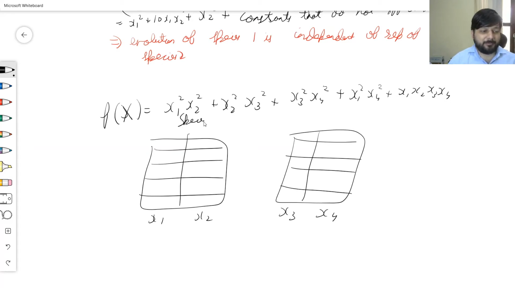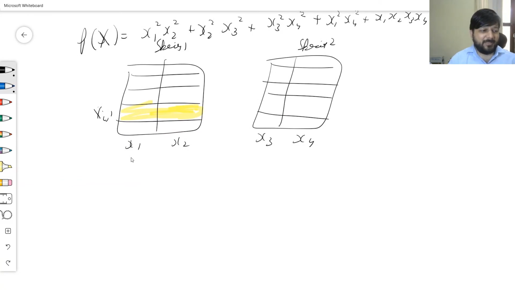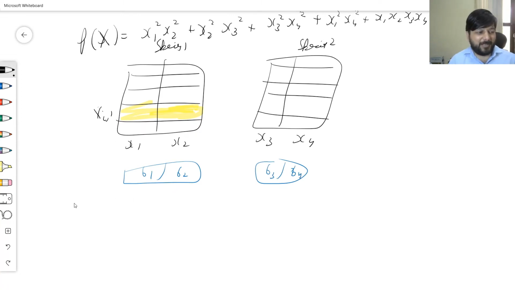Species 1, species 2. So that's xi1, whose fitness I will calculate, and then again b1 and b2 are what are my representatives. So my representatives are b1, b2, b3, b4. And let's do it quickly. So fitness of